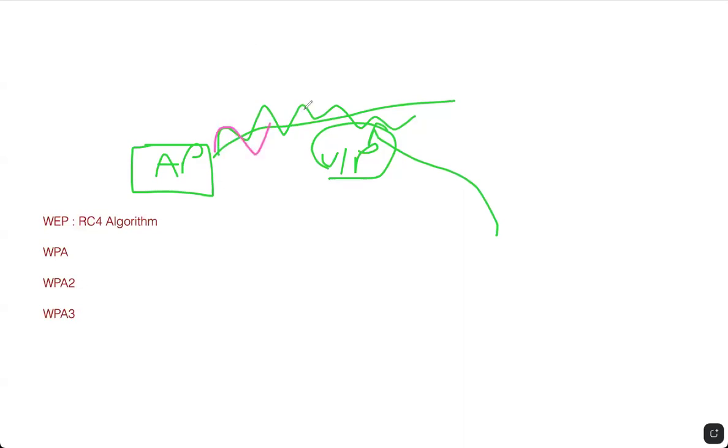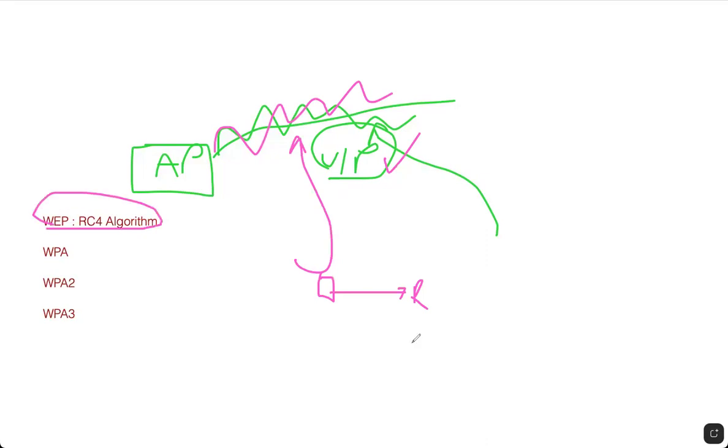The access point is sending the signal, and some intruder catches that signal. He should be able to collect that information, download that signal, and then replay it and identify what the user is browsing on the wireless. That is done with the WEP RC4 algorithm, but it is not that secure because the intruder can capture